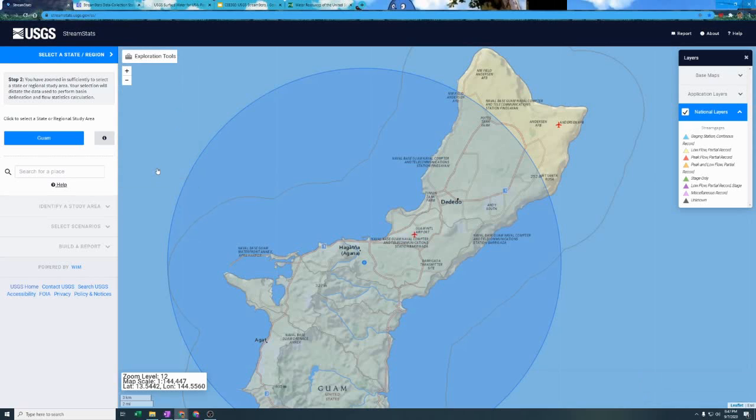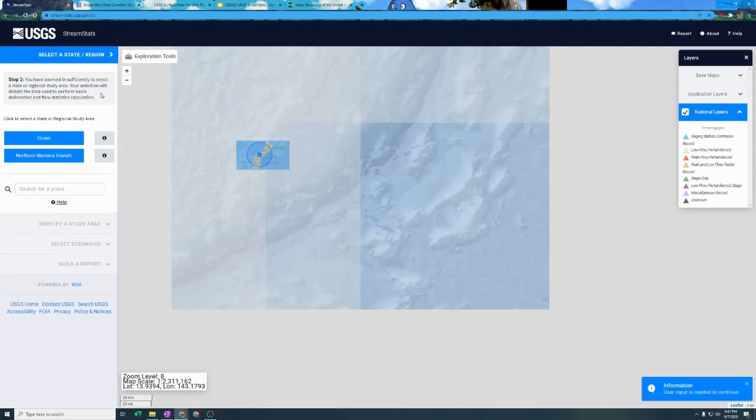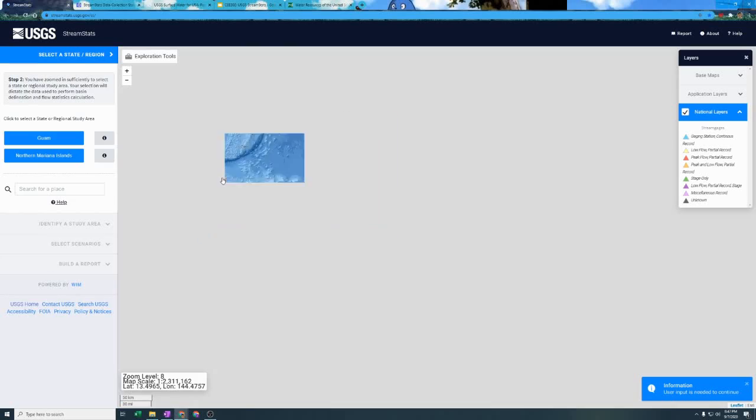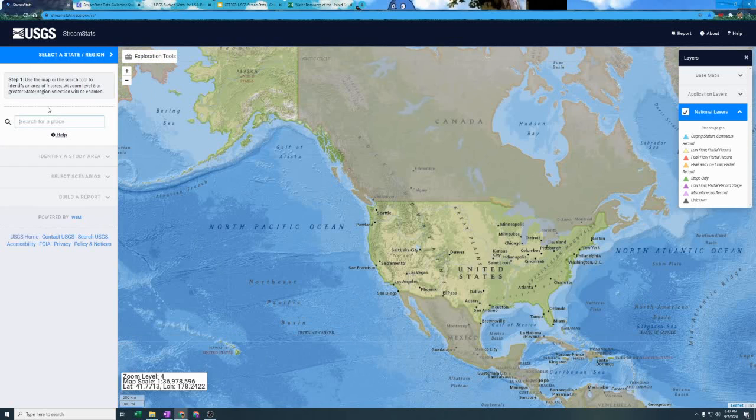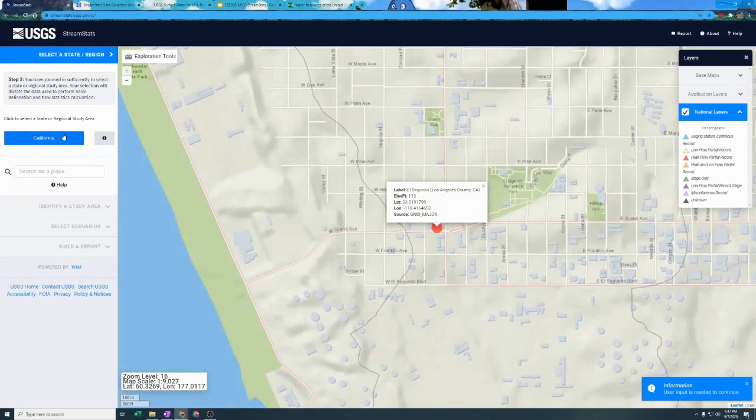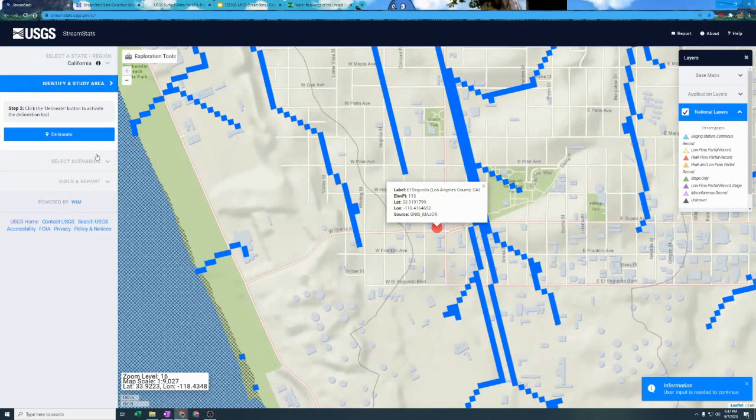So now the final point is to investigate its basin and peak flow statistics. So first we're going to select the region. You can either zoom in or type one in the search bar, but let's look at the headquarters of a game I play, and they're headquartered in El Segundo, California. So click state, and at this stage you'll need to be at level 15 zoom at least to proceed. So click delineate, and you can click anywhere on the blue stream cell. So we'll just click here,